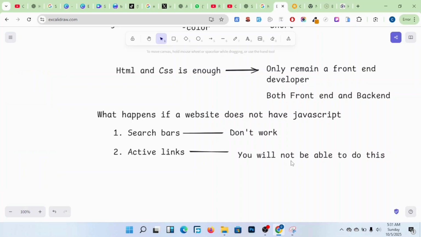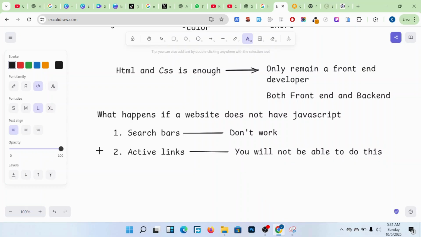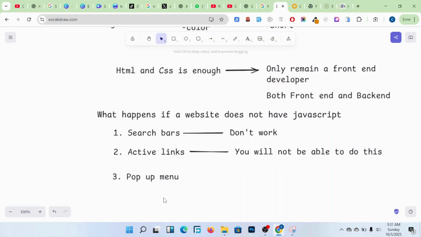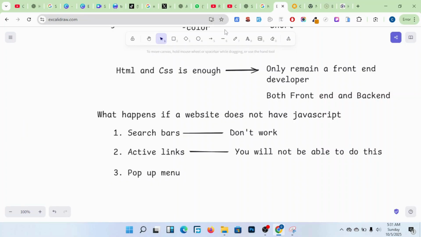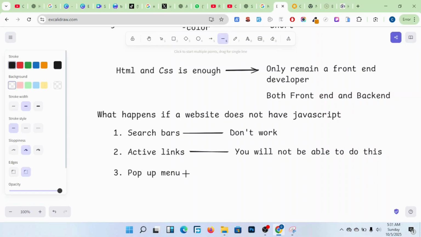Okay. So members, there are other things. For example, I'm just passing through to show you what you miss if you don't know JavaScript. The other thing is the pop-up menu. As you can see, when a website becomes responsive,